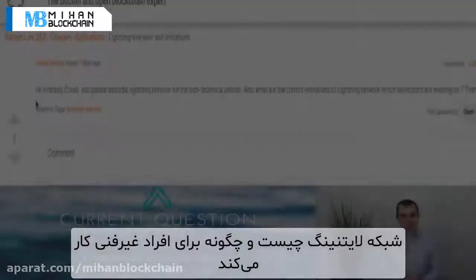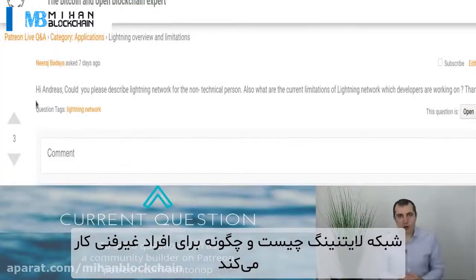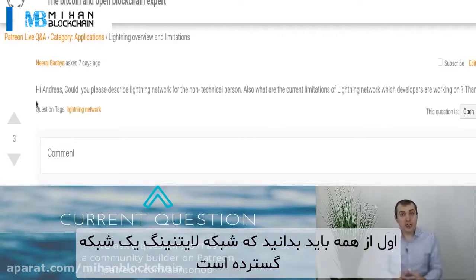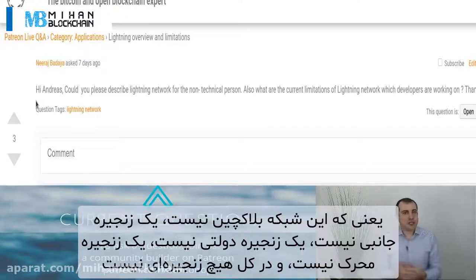Blockchain. What is the Lightning Network and how does it work for non-technical people? Let's see if I can answer this question as well as I can. All right, so first of all, the Lightning Network is an overlay network, which means that it's not a blockchain,